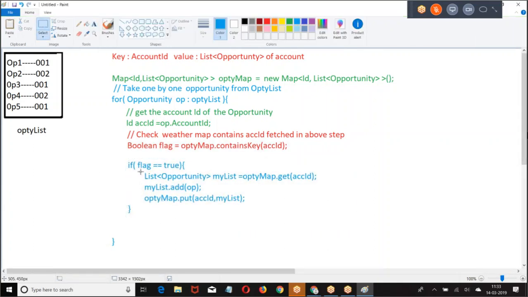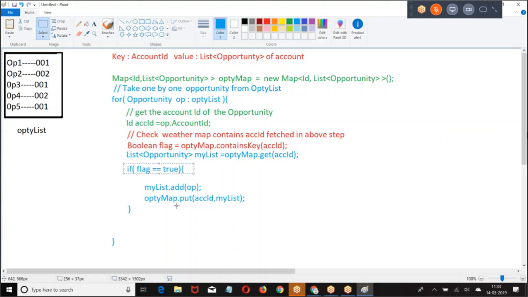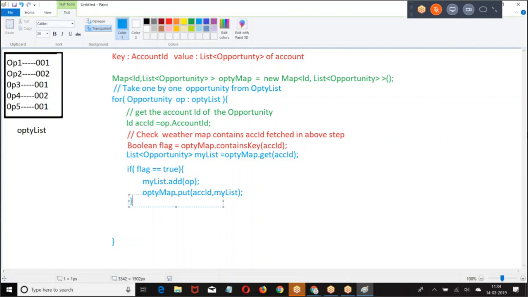Now, if the map does not contain this, if already the map contains it, get the old value, add the new value and put it back. Whatever old values are there, get those old values, put the new value and send it back to the map.